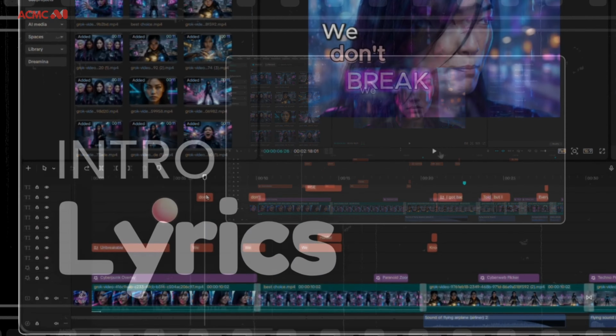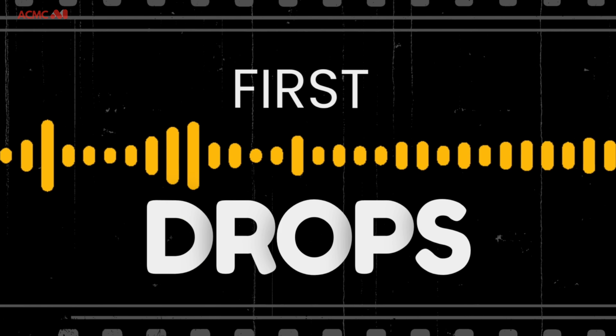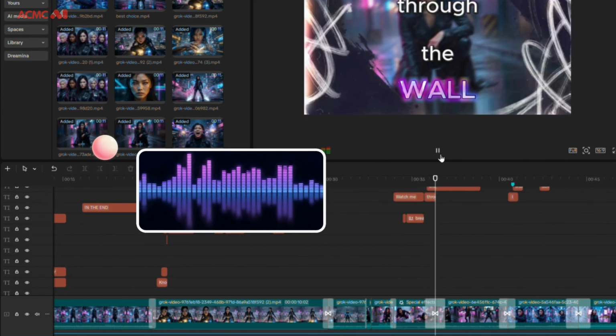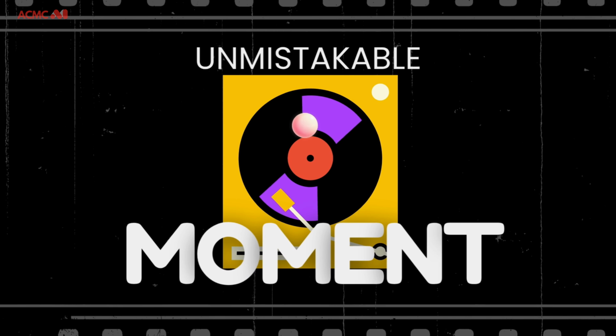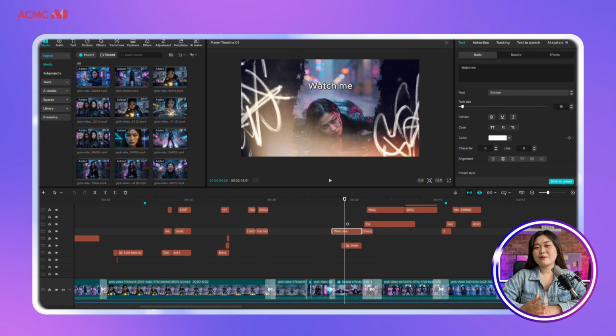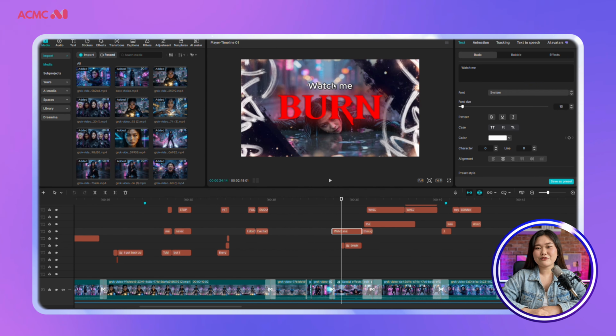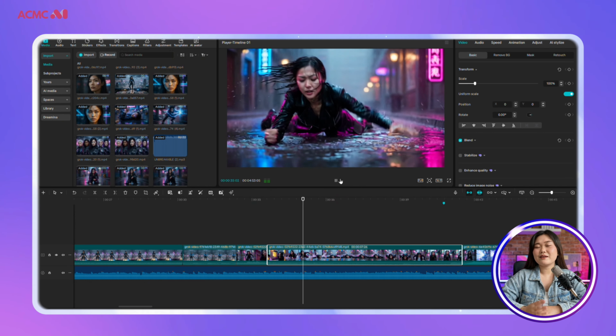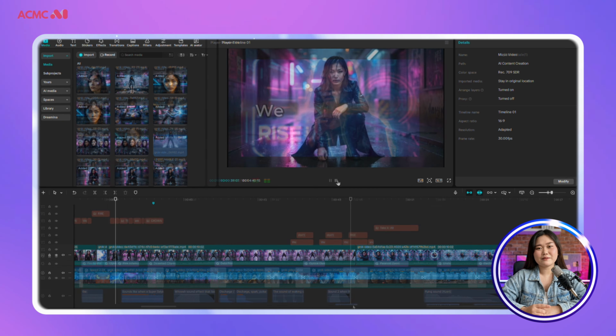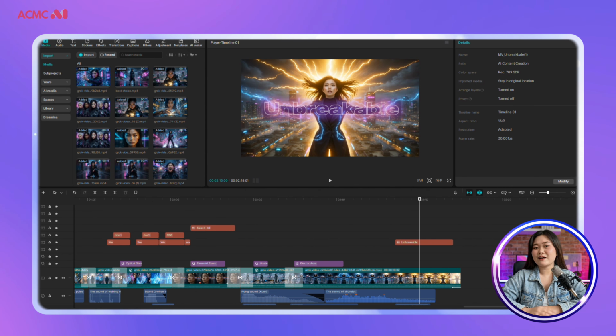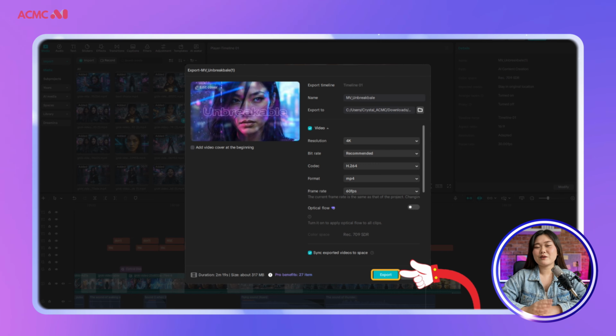The intro lyrics hit the moment the first beat drops. The chorus is the big synth drop, the most unmistakable moment in the whole track. Every clip goes where its lyrics are. The visual and the lyric land at the same moment. That sync is what makes the viewer feel the video, not just watch it. With all clips placed, trim and cut on the beat. Once everything is in place, complete the export and your music video is finished.